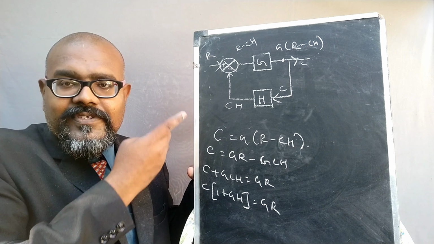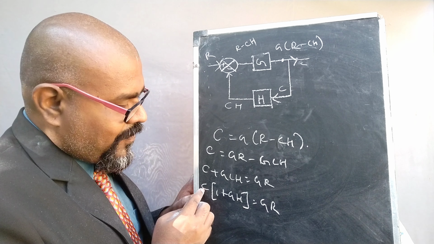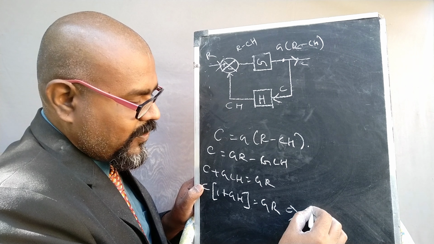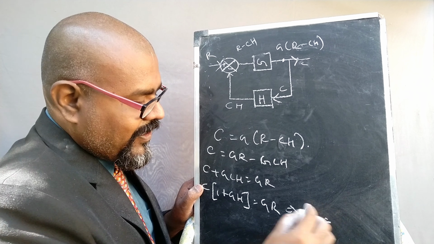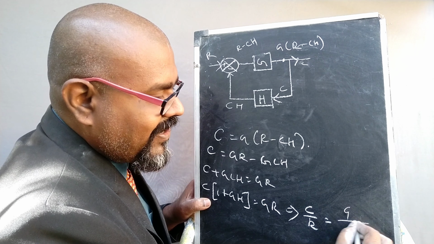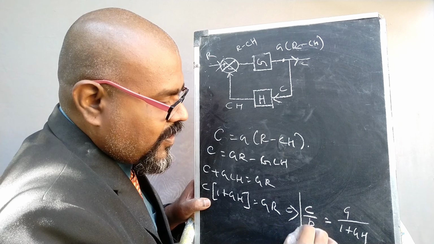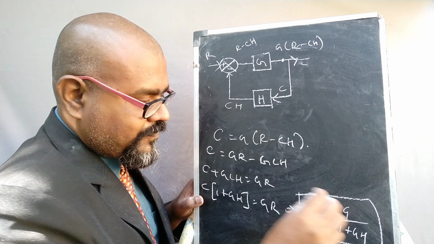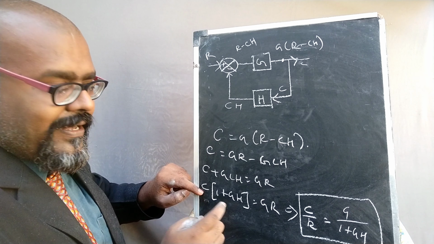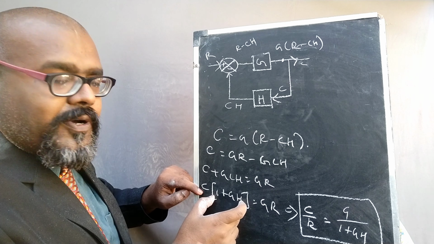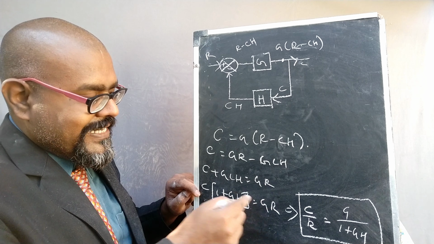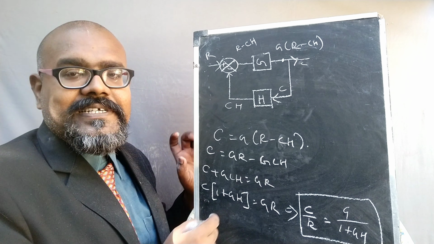What is the requirement of simplification, I will tell you. Then move this R in the downward direction. Then this particular equation is turned into C by R is equal to, then move this particular numerator into the denominator, G divided by 1 plus GH. So please remember, what I did is I just took this C as common here, moved this multiplication numerator into the denominator, and moved this R into the denominator. So C by R I got, G divided by 1 plus GH is remaining.